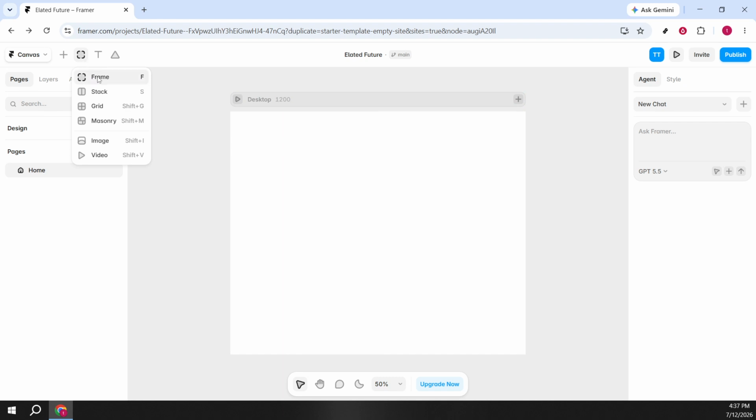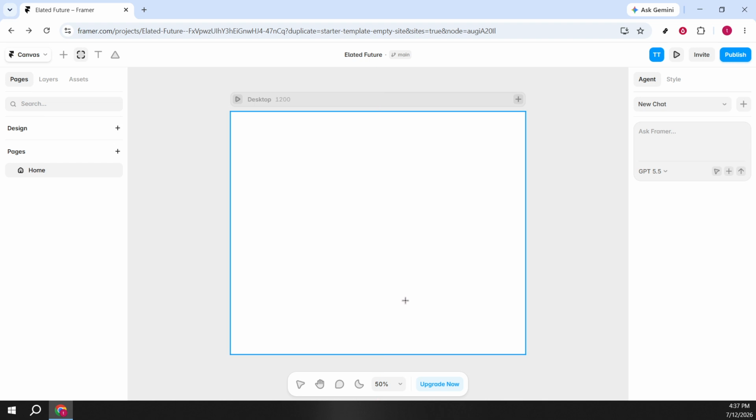Choose frame and draw a frame on your canvas. A frame is a flexible container that helps control spacing and alignment. Drag its edges to size it the way you want, wide enough to comfortably hold a short line of text